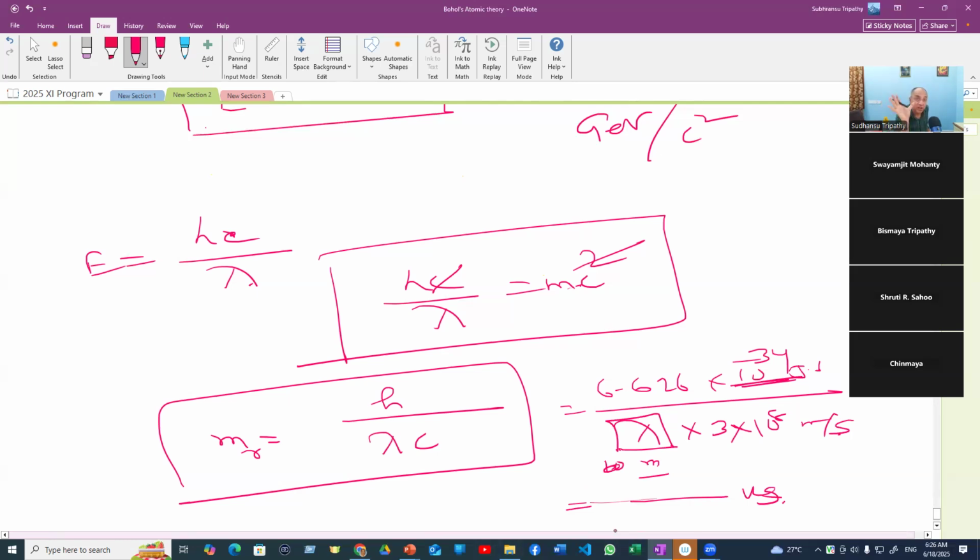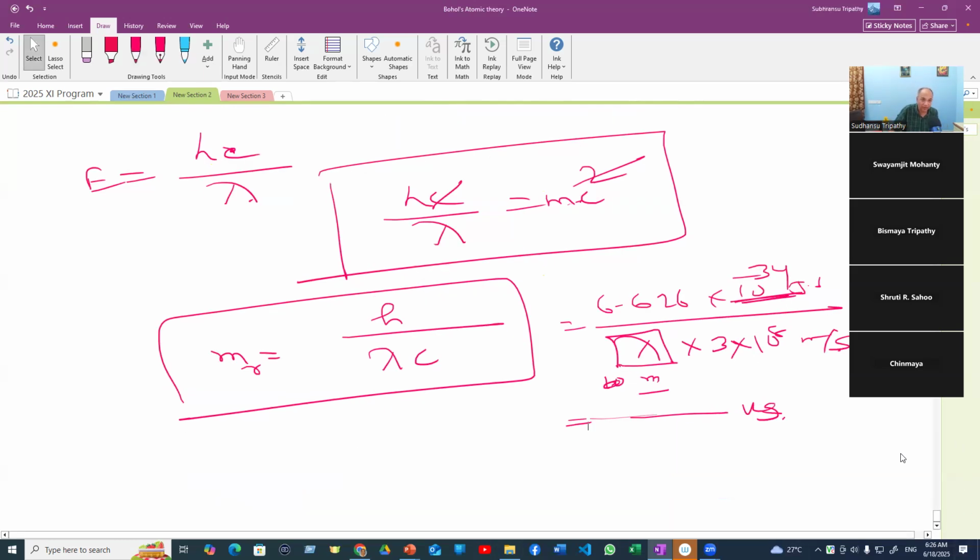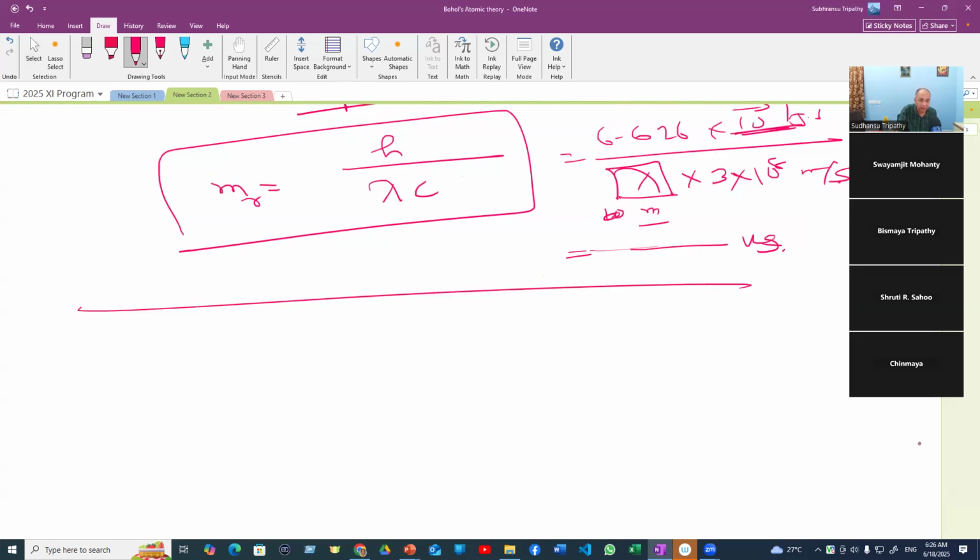A photon does not have any rest mass, but it has a relativistic mass because it has a momentum. Multiplying by v, or c, gives mc, which will be the momentum of the photon we are talking about. It varies from photon to photon. Mass varies. Relativistic mass also varies from photon to photon. Hence, their momenta also vary. Now, coming back to matter waves,